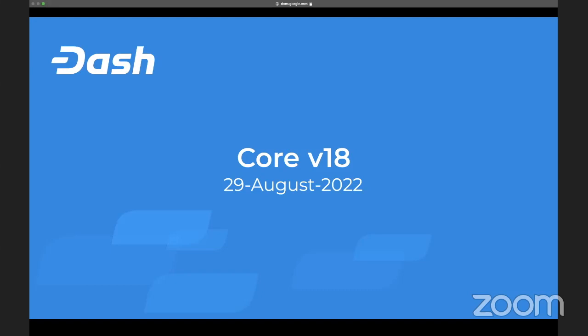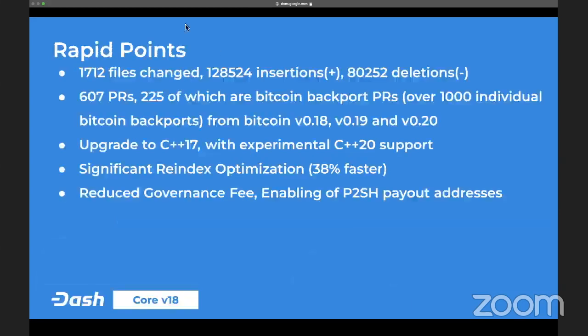And yeah, I'm really happy that we got Core V18 out the door. It definitely took longer than we wanted to. If you look back at the history of our release timeline, we slipped on deadlines multiple times, and that's not what we want to do. But it's out, and some of the first couple of things I want to hit on is that it was